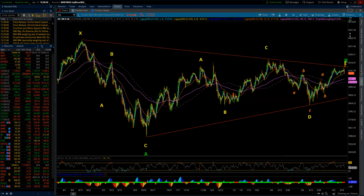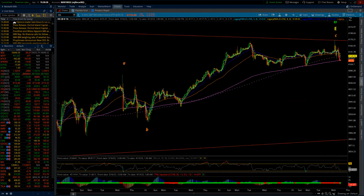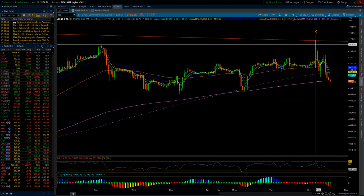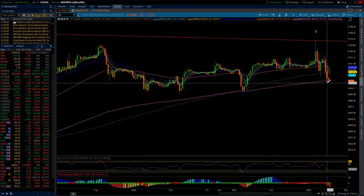And I'm going to be honest with you that while we slid pretty far today off of that high, and I look at this on the hourly chart, I'm being left with 3, if it sticks and does not break that low at 41.12, which we saw right about at 3 o'clock,